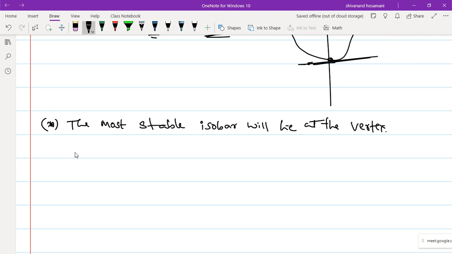And do you know the condition for the most stable isobar? The condition for the most stable isobar is